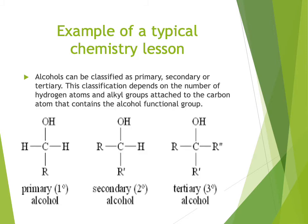So in case you're wondering why we are so concerned about where the OH group is, it does affect the chemistry of the molecules. Alcohols can be classified as primary, secondary or tertiary depending on what is attached to the carbon that the OH group is attached to. So in a primary alcohol, the OH is attached to a carbon that is attached to one other carbon and 2 hydrogens. The one exception to this is methanol, which has the carbon that the OH group is attached to